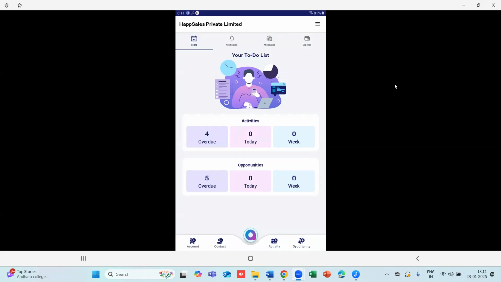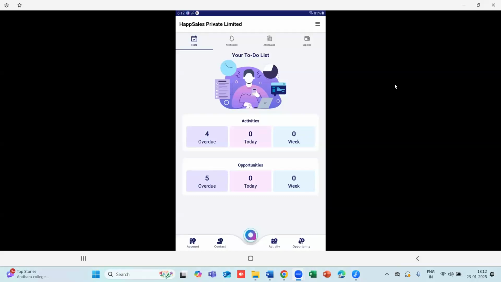Now, imagine you're going to meet a client that is 40 kilometers away from your office or house. I'm sure you don't want to travel all the way and meet only that one client and come back. You might as well meet other clients in the vicinity. But the challenge is, how do you easily find which are those accounts around this main account and how do